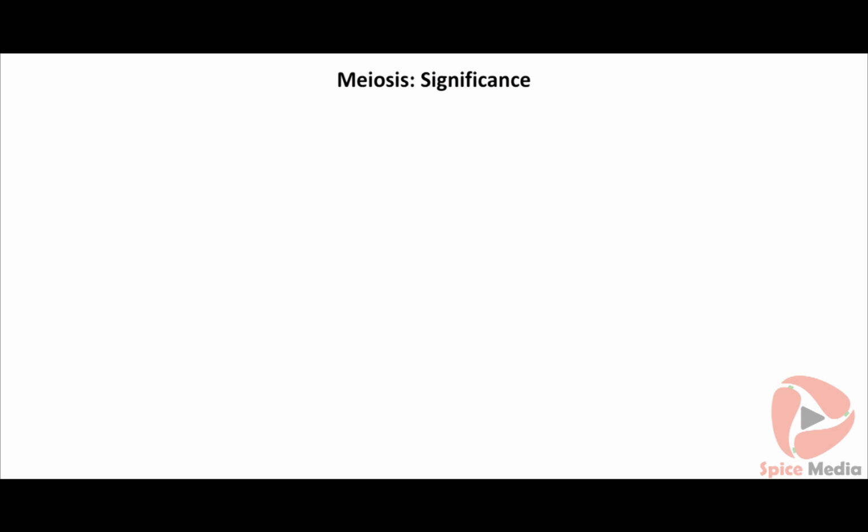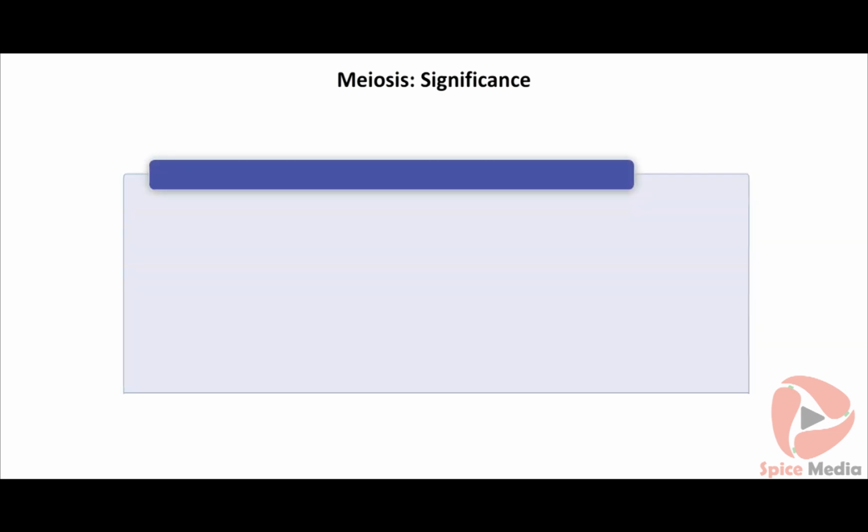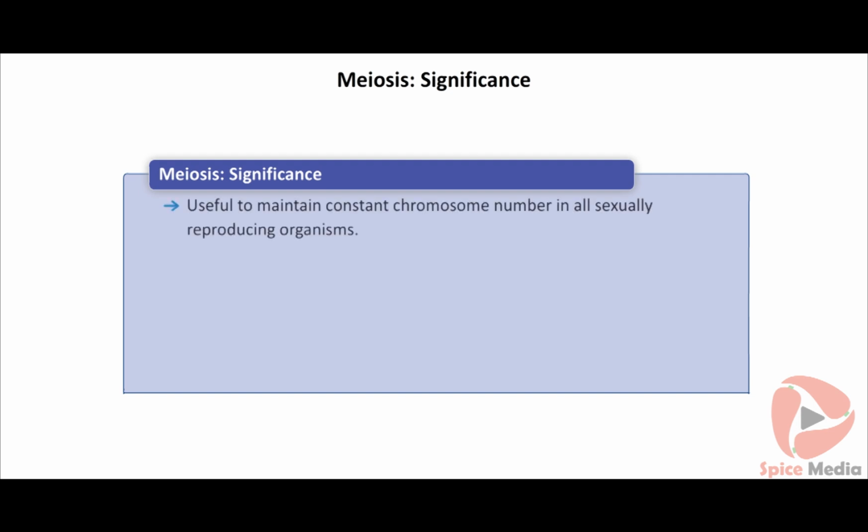Significance of meiotic cell division. Meiosis is useful to maintain constant chromosome number in all sexually reproducing organisms. As a result of meiosis, haploid gametes are formed from parents, and when gametes unite during fertilization, a diploid zygote is formed,